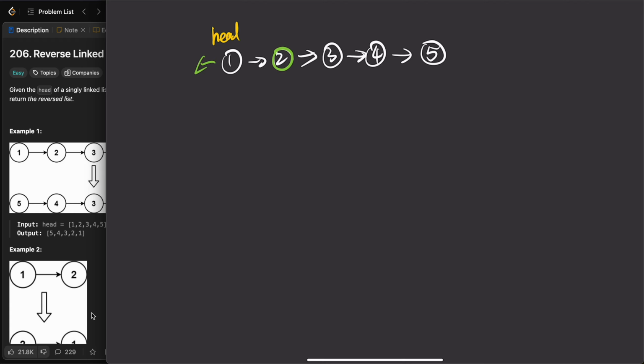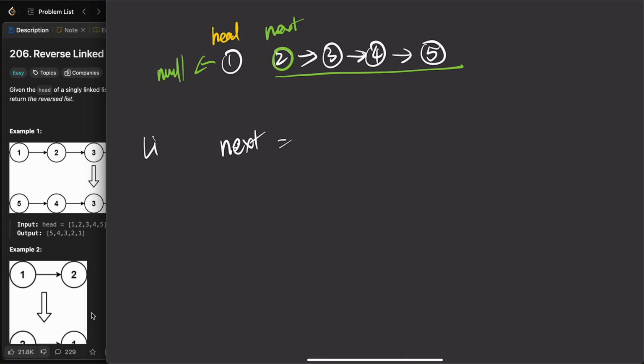If we make it point back, we will lose track of the rest of the node list, and we point it to null, right? So how we can keep track of it is, before we point back, we have to have a next node here to keep track of it. So that's how we do the next node